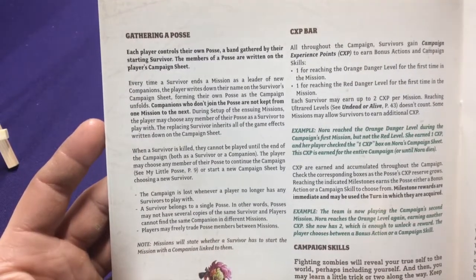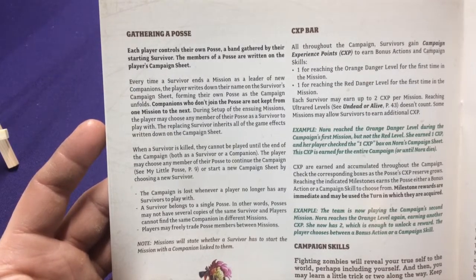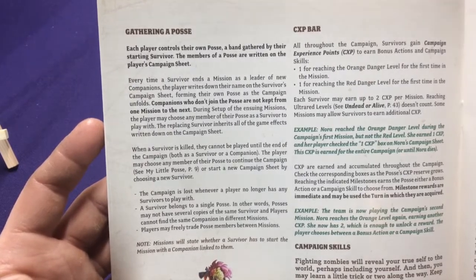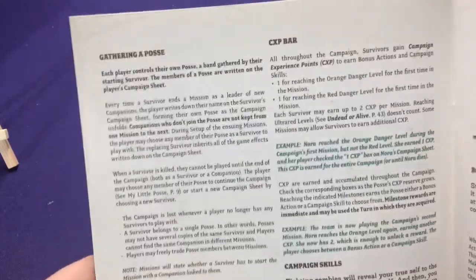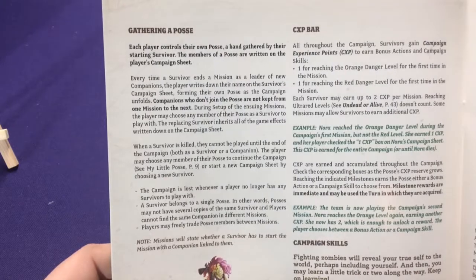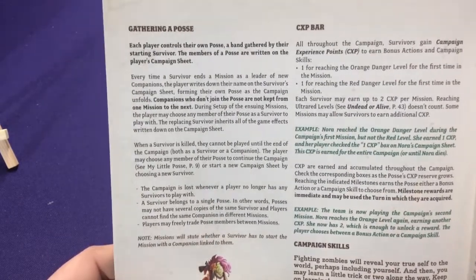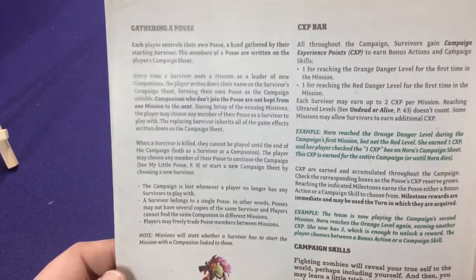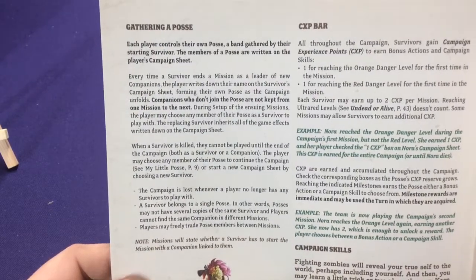When a survivor is killed, they cannot be played again until the end of the campaign, as either a survivor or a companion. A player may choose any member of their posse to continue a campaign. Campaigns are lost when a player no longer has any survivors to play with. A survivor belongs to a single posse. In other words, you may have several copies of the same survivor in different missions, but you may trade members